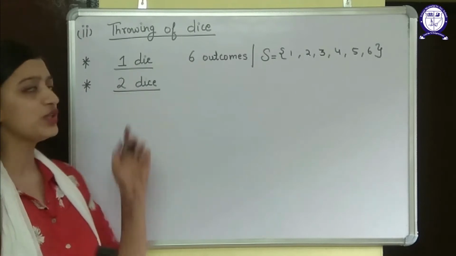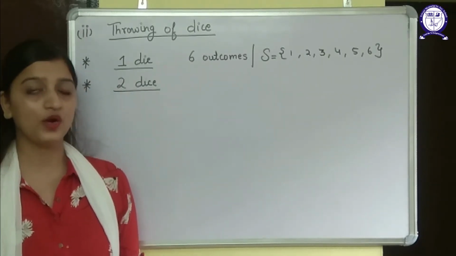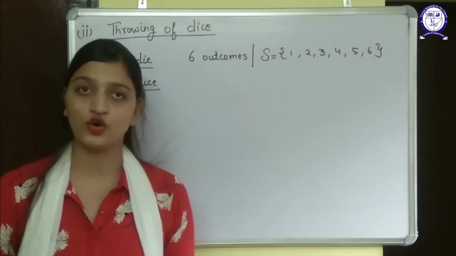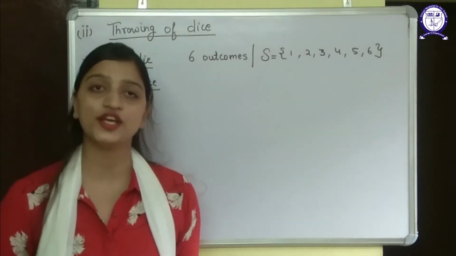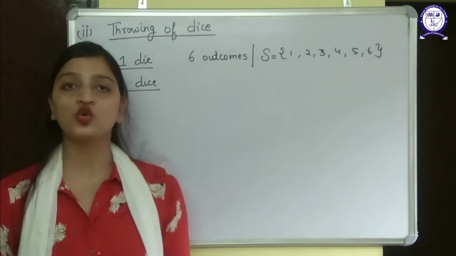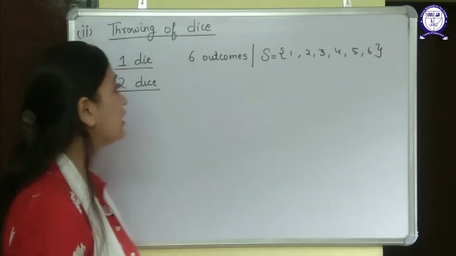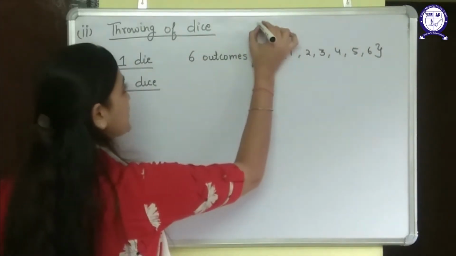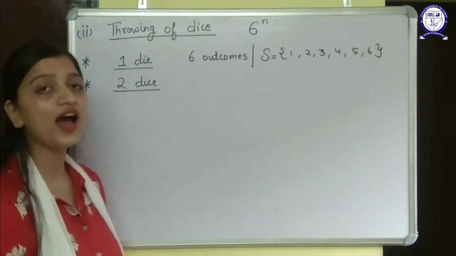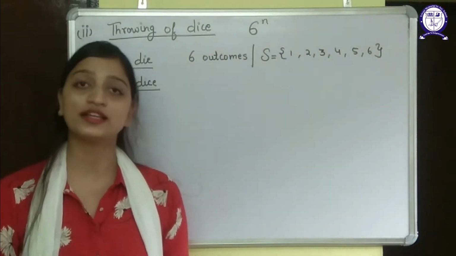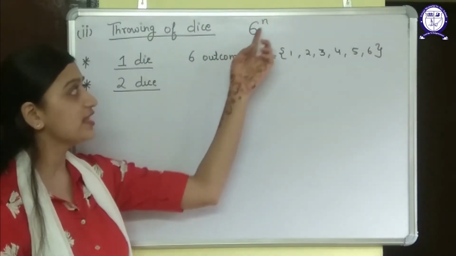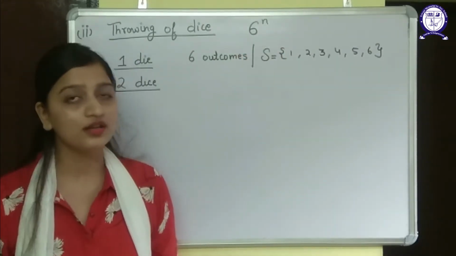Right? Now for 2 dice, how many outcomes are there? Okay, there is again a formula, as we had in the case of coin. In the case of coin, I had 2 raised to the power n, the number of terms. It had 2 in it because there were 2 faces of a coin. Similarly here I will have the formula 6 raised to the power n. I have 6 here because there are 6 faces of a die. Okay, on a dice there are 6 faces, so I have 6 and n is the number of dice thrown.